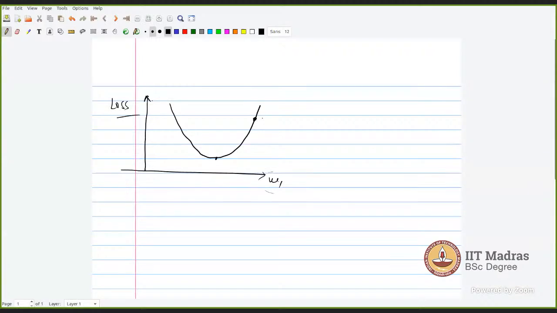The gradient will tell you the direction where the function is increasing the most. Okay, this is the direction where the function is increasing the most. But what you want is where the function is reducing the most. So you compute the gradient and then you move in the negative direction of the gradient, which is this one. And that's your gradient descent. That's why it is called gradient descent. On the other hand, the gradient gives you the direction of ascent. So that's the difference you should be clear about.